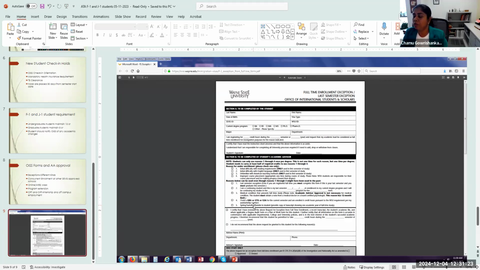Like, oh, the student needs to be out of school for a whole semester, or the student needs to be part-time, things like that. We just need to see what the doctor is recommending the student to do. So usually they bring a medical note and then submit this exception form and we grant them the exception. And then we have other exceptions, like for graduate students, when they are on assistantship, they don't have to be full-time. So we have other exceptions like that. So this is one of the samples you will see in your office.